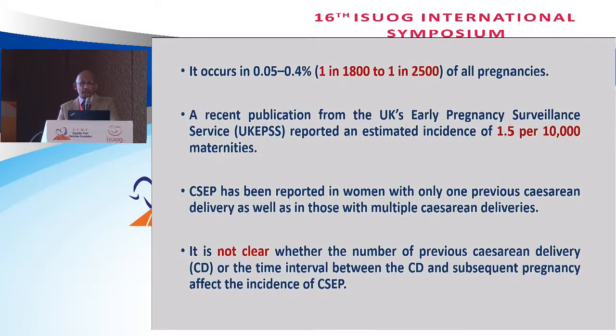Scar pregnancy looks like 1 in 2,000 or 2,500, but a recent systematic review done in the UK, maybe because the number of deliveries is very slow and the number of scars is low, reports 1.5 per 10,000 mortalities. A scar pregnancy is a form of ectopic pregnancy, and it's seen regardless of the number of previous scars. Strangely enough,